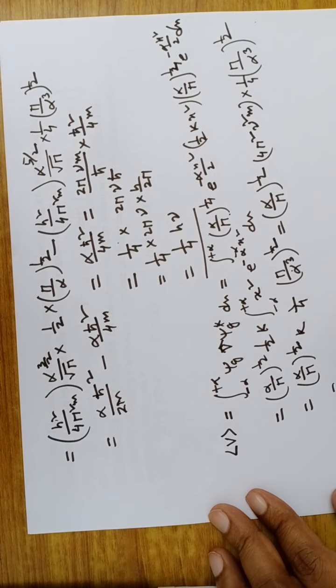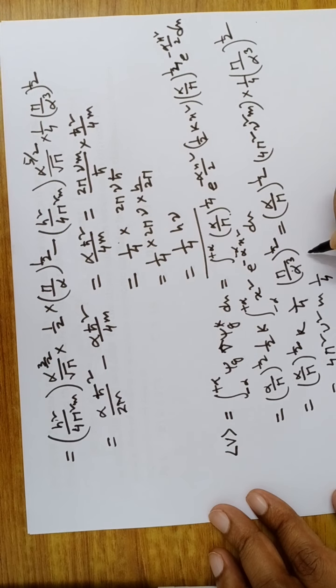So it equal to 4 pi square nu square m into 1 by 4 alpha square divided by 2 pi nu m,